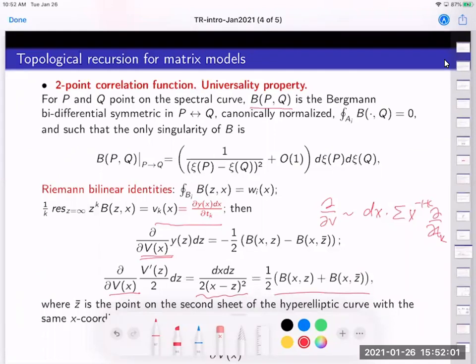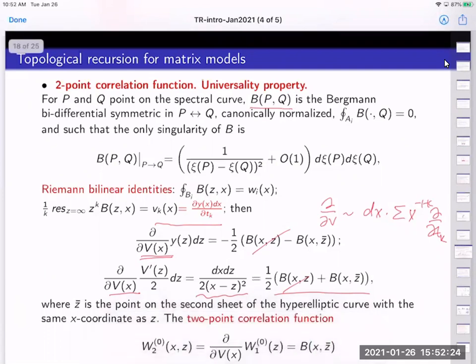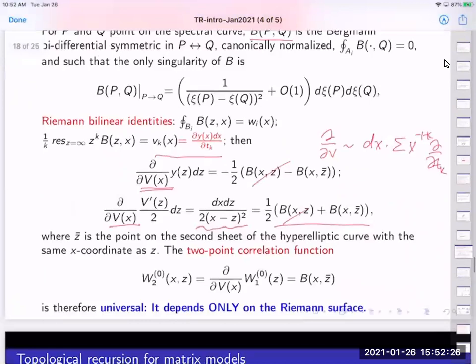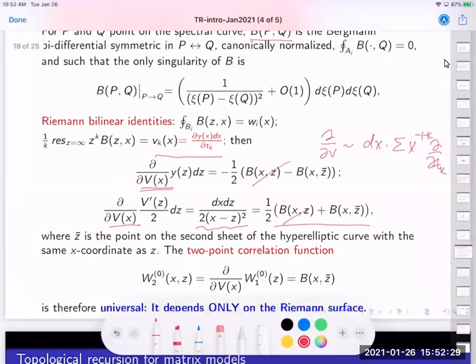And remember that if I want to get to two-point correlation function, I just have to consider the proper linear sum. Actually, I subtract one from another, and you see that these two terms canceled and these two doubled. So we obtain the famous formula that the second order correlation, this two-point correlation function in the leading order is